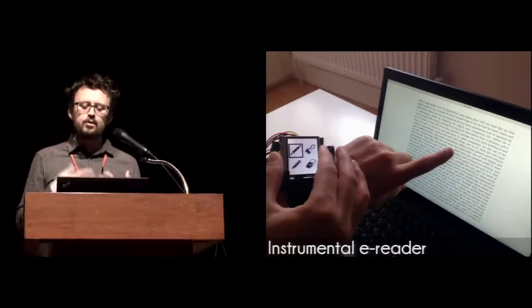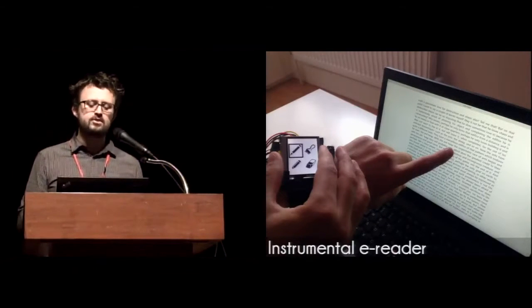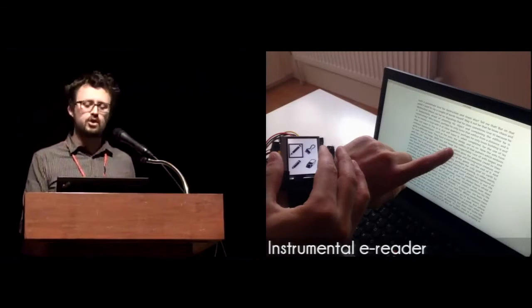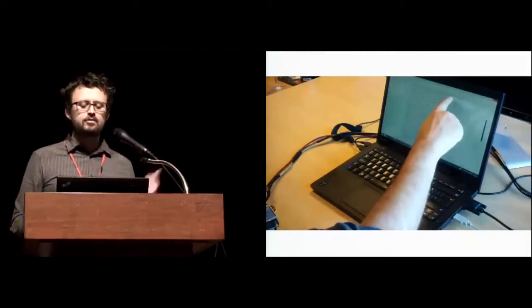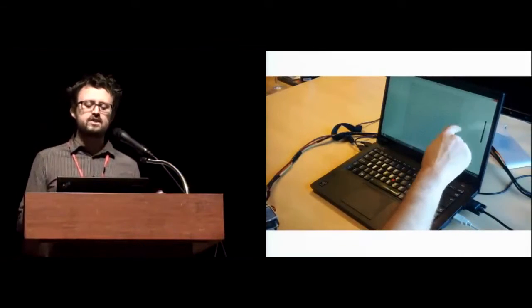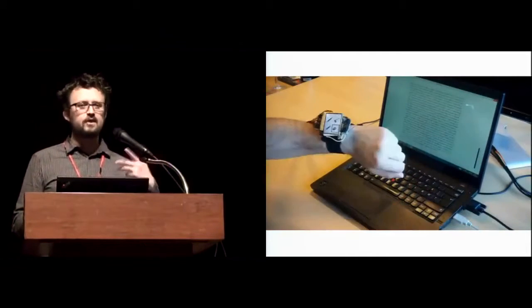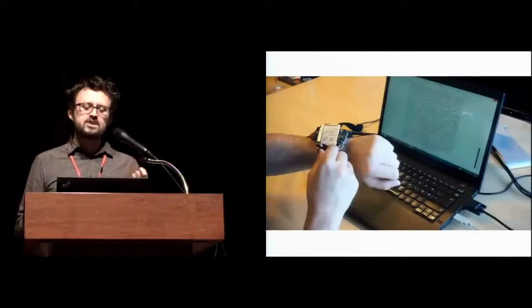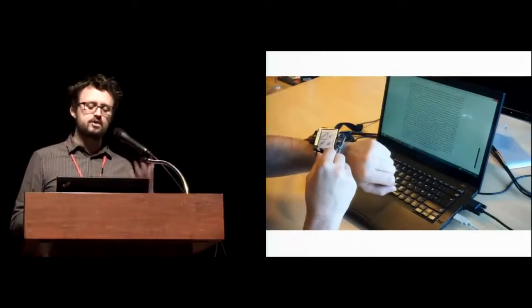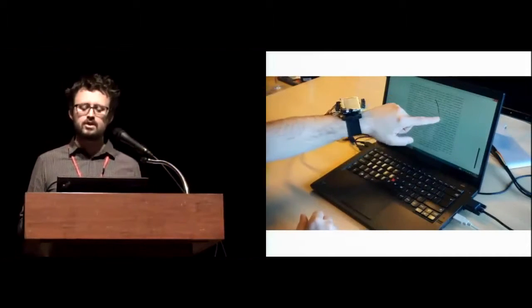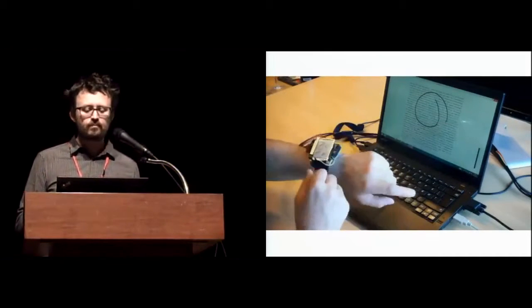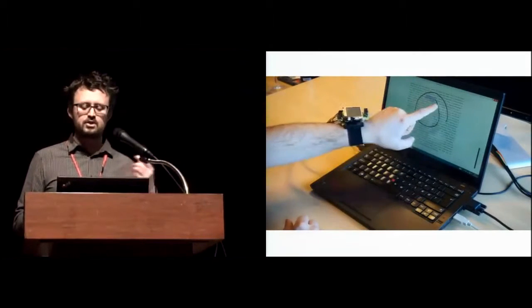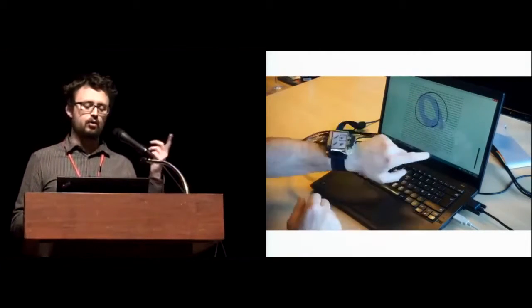We can also think of how we can use the watch as a configuration tool to allow us to configure our own touch input. So in this active reading application, the user can browse text with the dominant hand and then make annotations with the watch hand. And the watch hand can thus be reconfigured into different types of pens, markers, or other instruments that the users need. In this example, the user can switch between a pen or a brush,